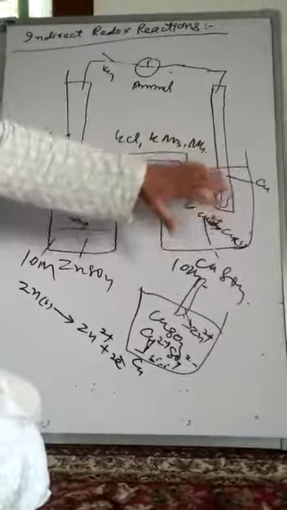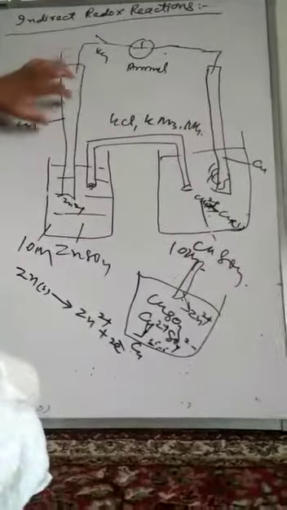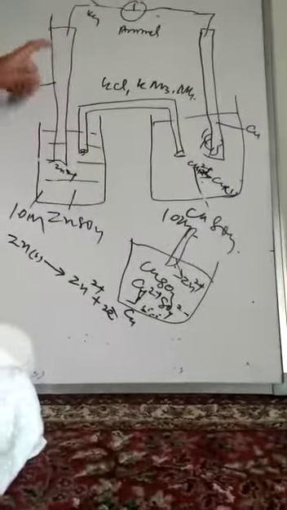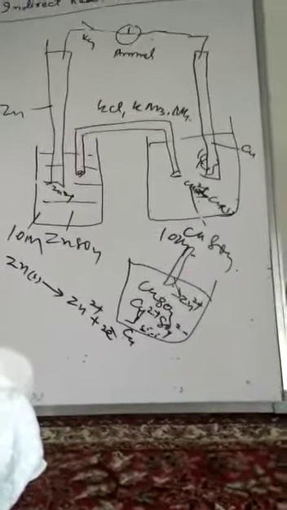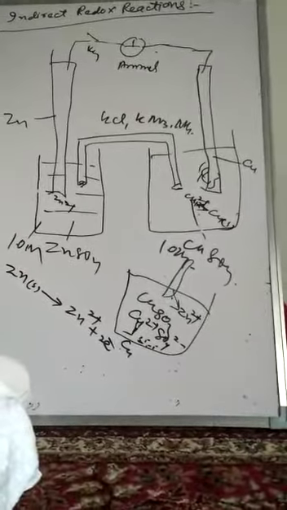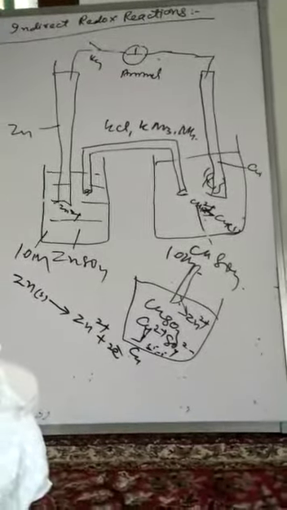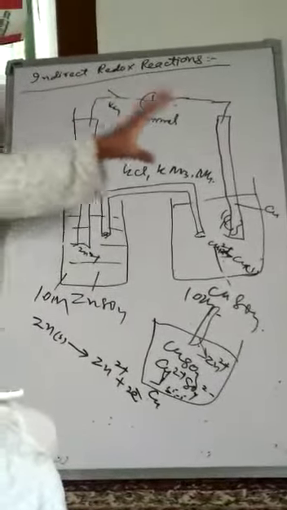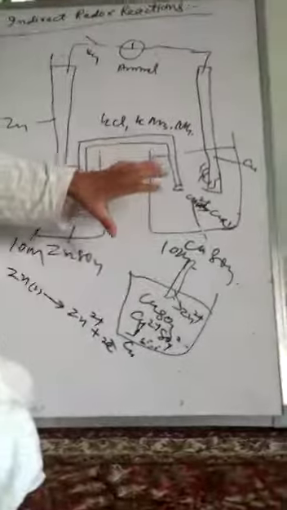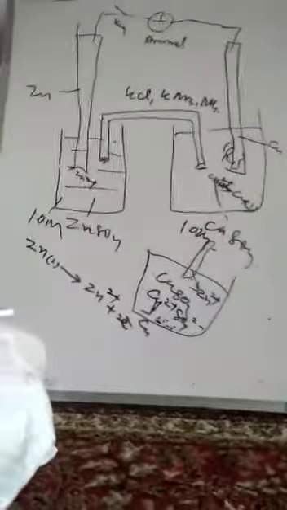Copper gets deposited, so the weight of this electrode increases, and the weight of the other electrode decreases. This movement of electrons is electric current, which we use to power different devices. This arrangement, where we have 2 beakers and carry out oxidation and reduction reactions in separate beakers,